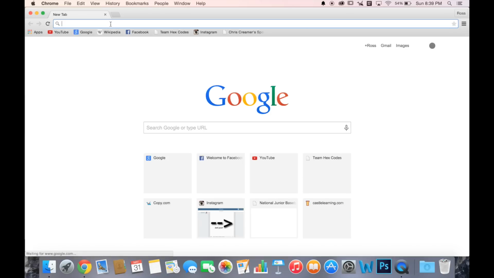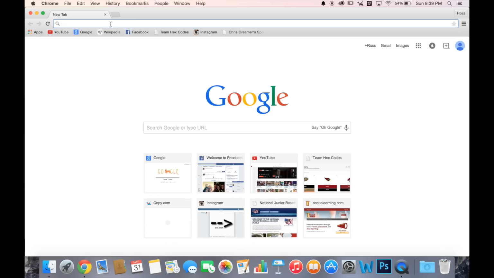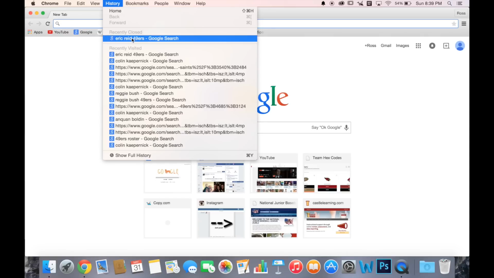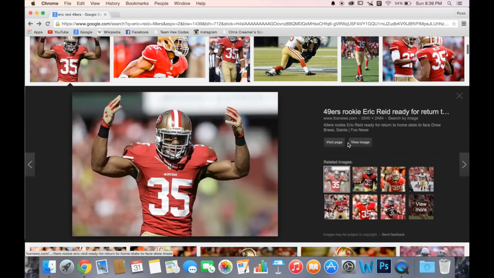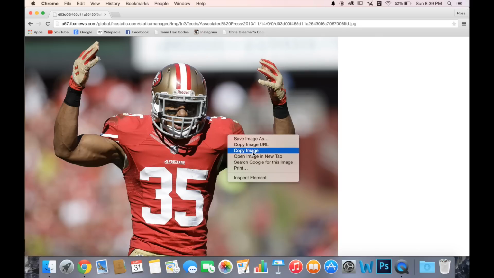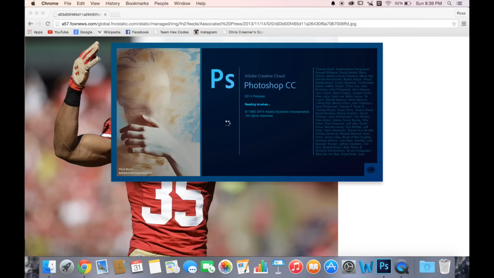So we're going to start off by picking a player, always the hardest part. Let's go Eric Reed, just looked him up recently. It's a good pick. Alright, so we'll copy it, open up Photoshop,